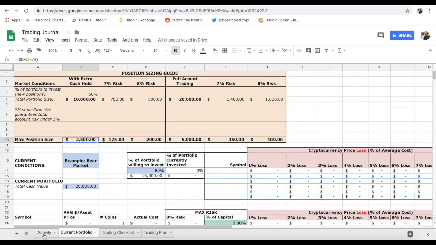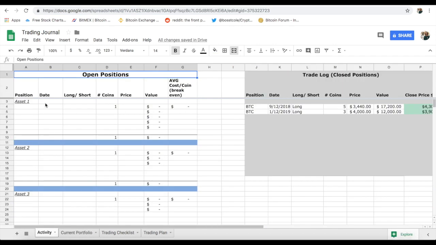I think the best way to start will be we'll add in an entry, hey? All right, so I'm buying Bitcoin. And I'm going to buy it on the 1st of January, 1st of January 2020. I'm going to be long Bitcoin, and I'm going to buy 5. And in 2020, I know for a fact that the price of Bitcoin will be $40,000. No, I'm just joking. Let's just say it's $5,000. Oh, 10 grand, because that's nice and